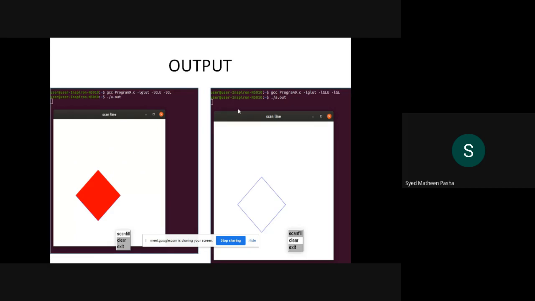Is this clear to all? Is the program clear to everybody? Check out, the program looks simpler. You need to just draw a polygon, color the polygon, clear the polygon, and just exit from the screen. But check out the terminologies. You need to remember so many things, right? So that was all about this.